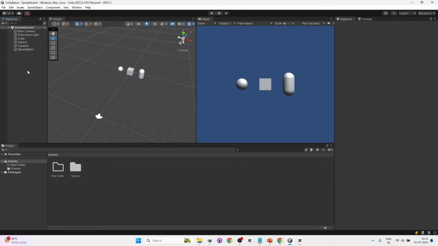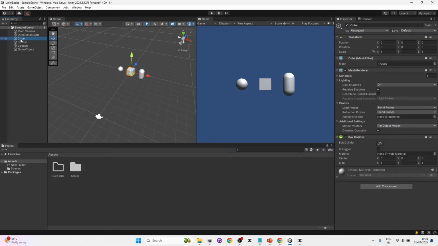Okay, now what's the purpose of this hierarchy window? You can rename any object. For example, if this is a cube, I'll first select it, and then on the next click, I'll rename it as my cube. Another option to rename is to select the game object, go to the top right here, this section, and then you can select